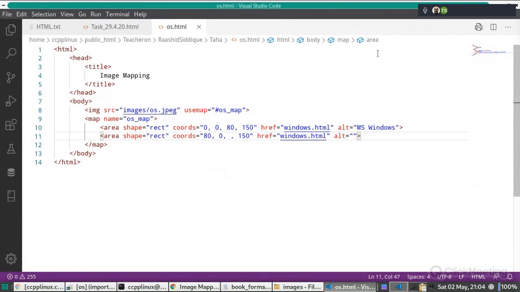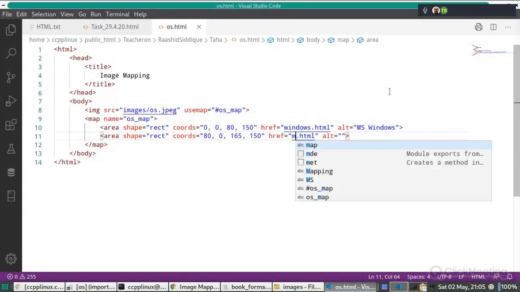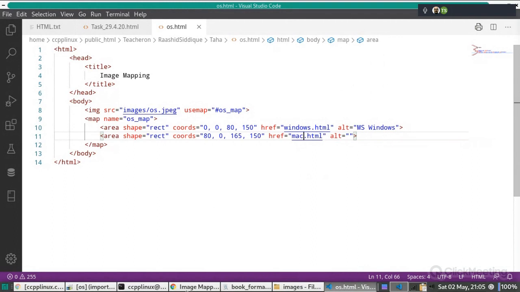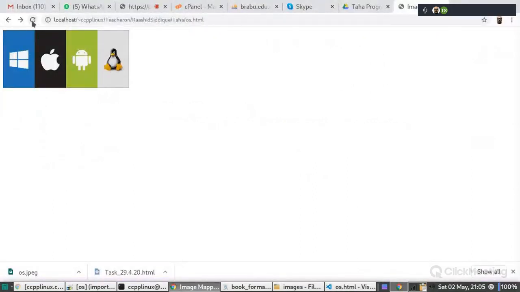Just see, this is 165. Okay, and how now come the Y's are always the same? Oh wait, this is mac.html. कुछ सब्ट्रैक्शन करने की जरूरत नहीं है, राइट वाले इमेज को लेफ्ट इमेज से, नहीं ना? नहीं नहीं ऐसा कुछ नहीं है. मान लीजिए केवल इसी पार्ट को, केवल जो आइकन है ना, केवल इसको बनाना है, पूरे को नहीं बनाना है तो इसका ये वाला पॉइंट और इसका ये वाला पॉइंट ले लेंगे. राइट. वो डिपेंड करता है. अभी हमने पूरे को बना दिया है, लेकिन पूरा बनाना कोई जरूरी नहीं है.